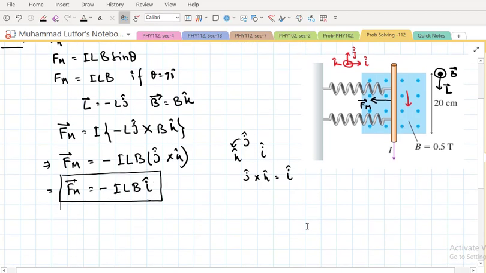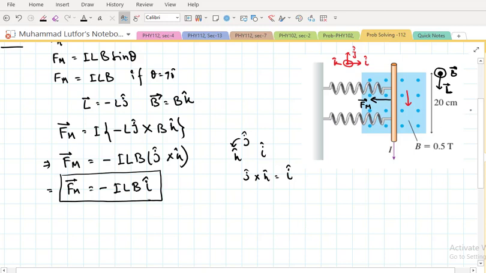Fine. So when this magnetic force is applied onto the wire, the wire is going to be moving towards the leftward. It means that the spring is going to be compressed. These two springs will be compressed. Then the elastic force on the spring would be provided by elastic force on spring 1 plus elastic force on spring 2, and this total elastic force on the wire would be basically towards this direction. So this would be the direction of this spring force,